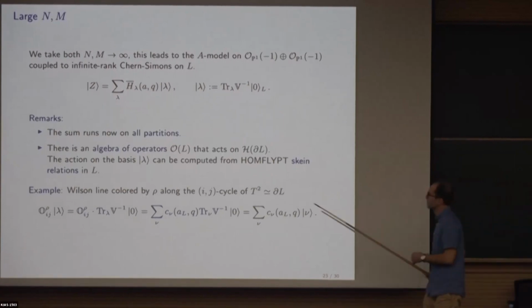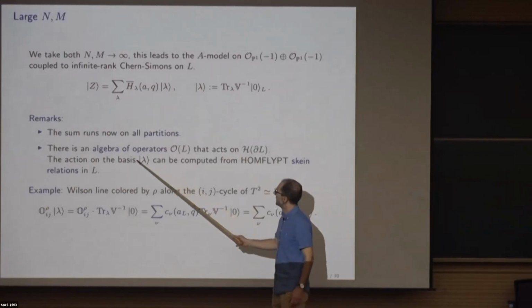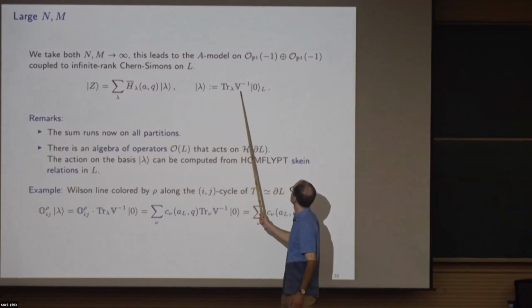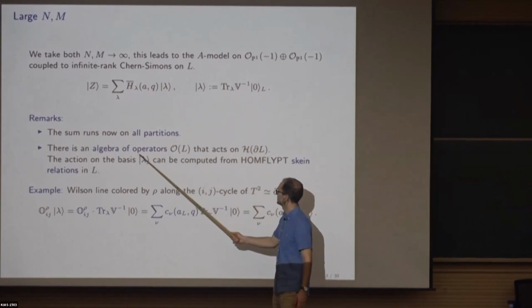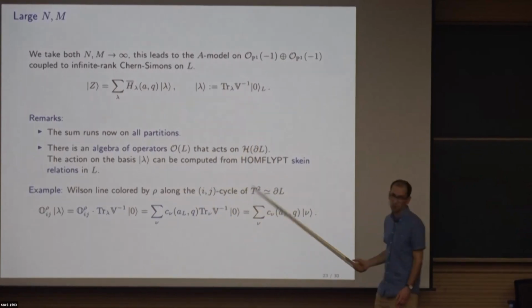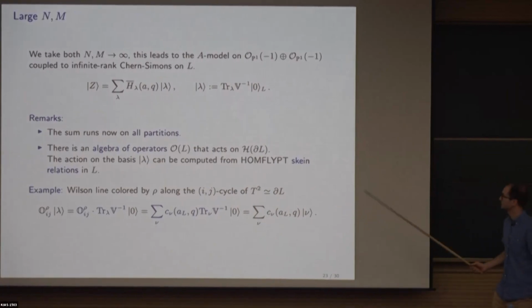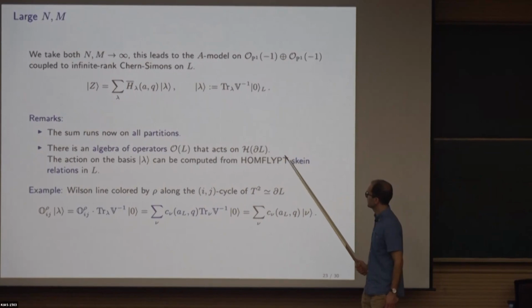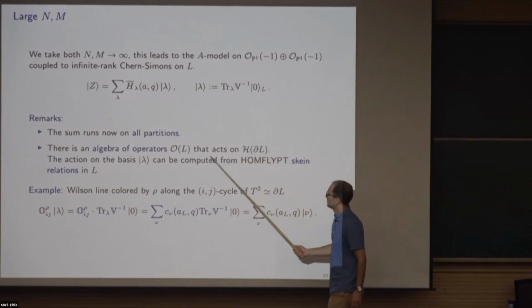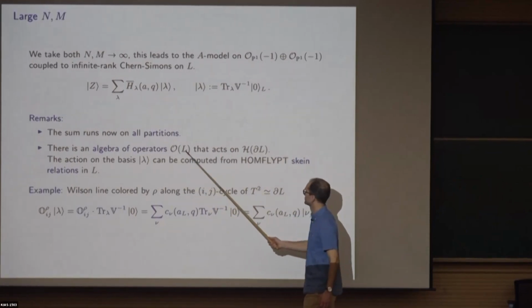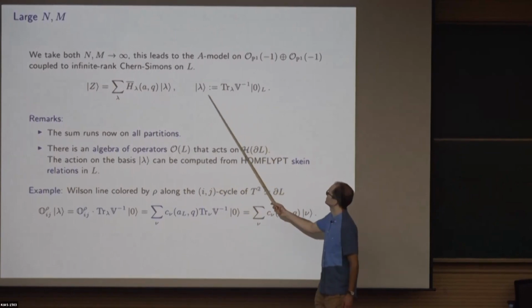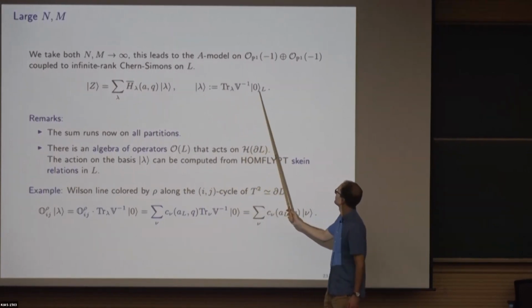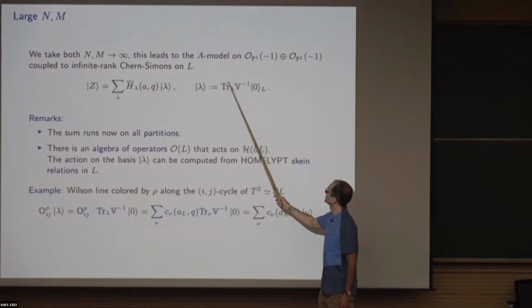So now we're summing over all partitions, and these operators that create these states satisfy an algebra. It's an algebra of Wilson lines in infinite rank Chern-Simons theory. And there's a boundary Hilbert space, okay? Now, the algebra of these operators, since these states are created from the vacuum by acting with the Wilson line,